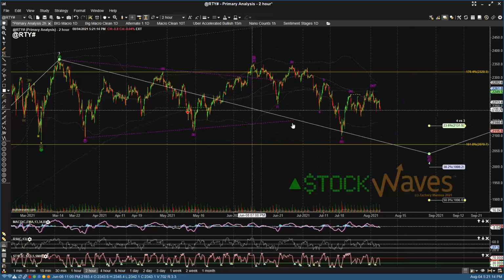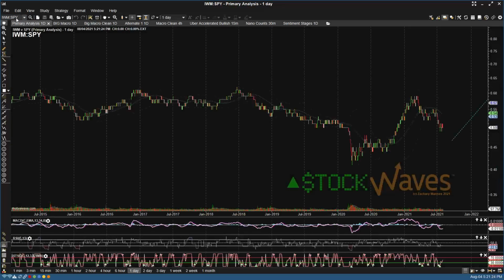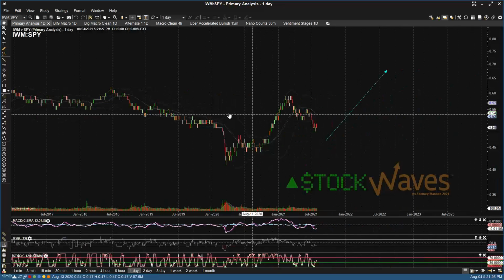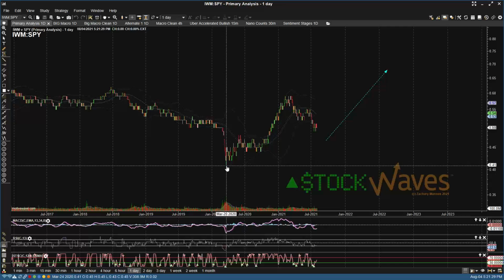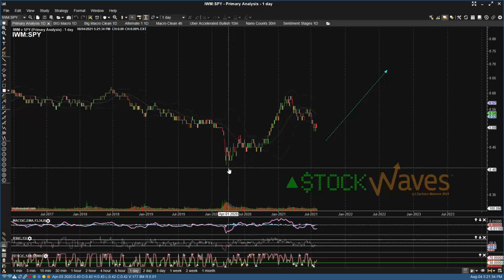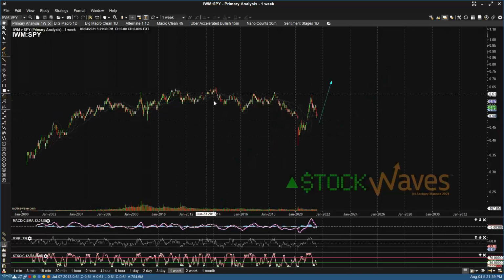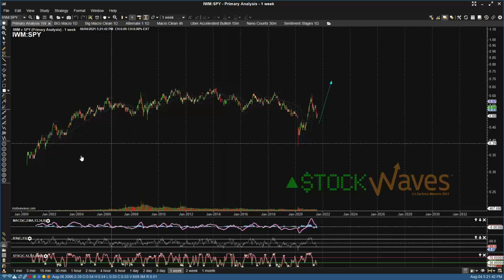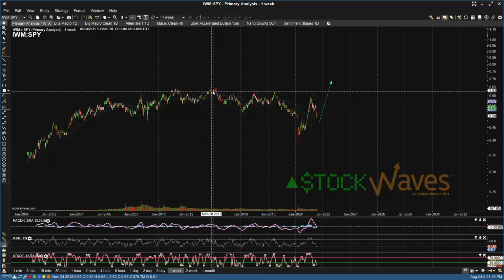But there is a chart that I wanted to take a look at with you guys that I posted a little bit in stock waves. So related to our Russell chart is the IWM to SPY ratio. We can see from here, from March 2020, was the first kind of significant bottom that seemed to hold in this ratio. If we zoom out here, we can see that it was in a pretty big downtrend for a while, and since the 2013 peak that it made in February 2014,